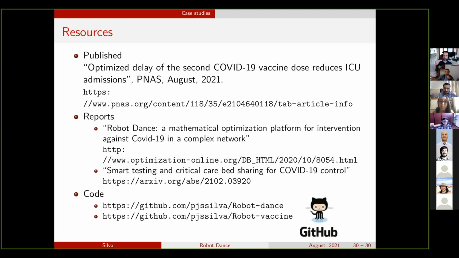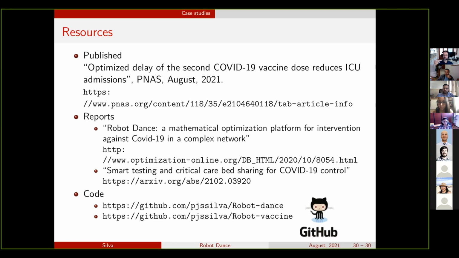What I wanted to do was, instead of this, you close the society, you open the society, you close the society, you open the society, this dance, something like what there was in this blog post in the beginning of the pandemic called The Hammer and the Dance. The name of the project, Robot Dance, is because of that, because we are doing the dance. But what I wanted to do was really the hammer and the dance after that.